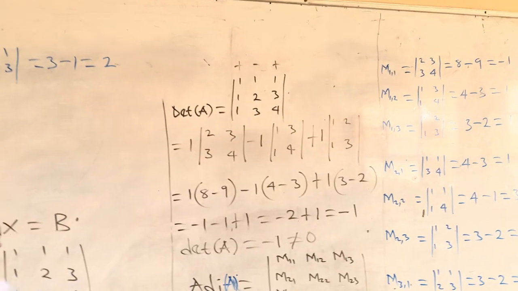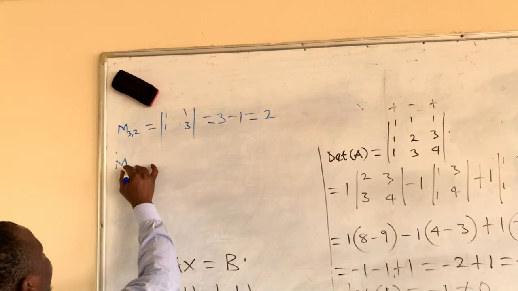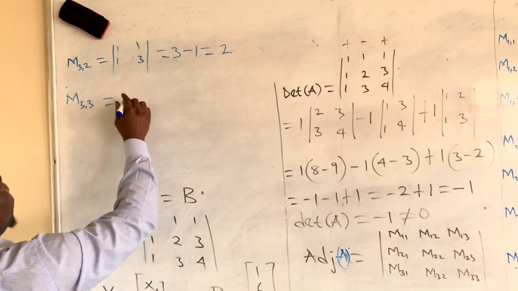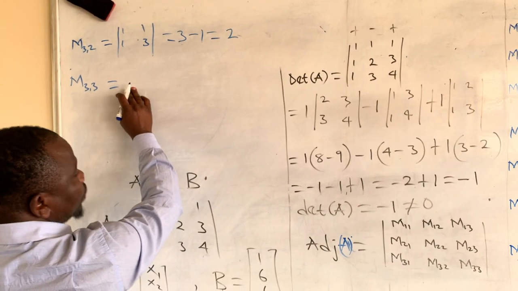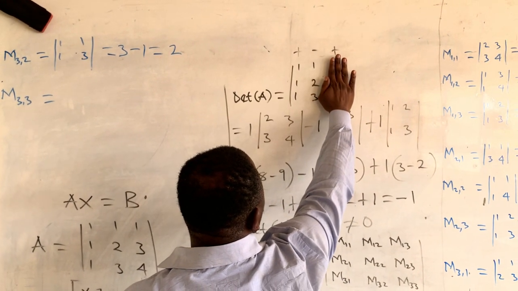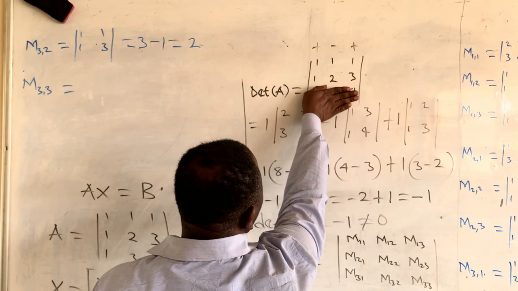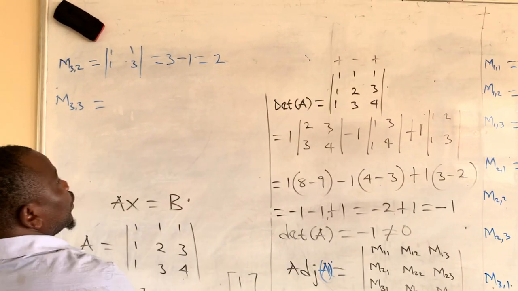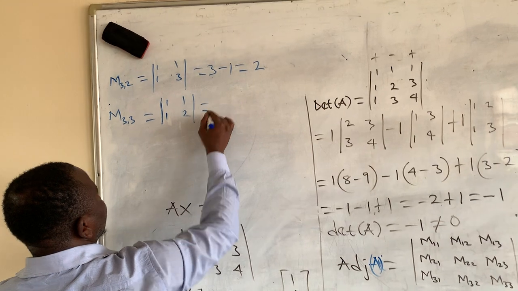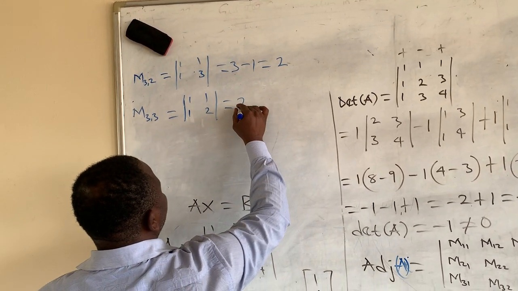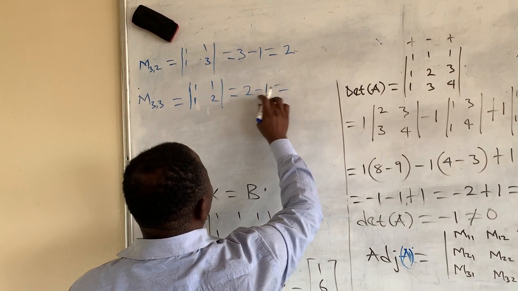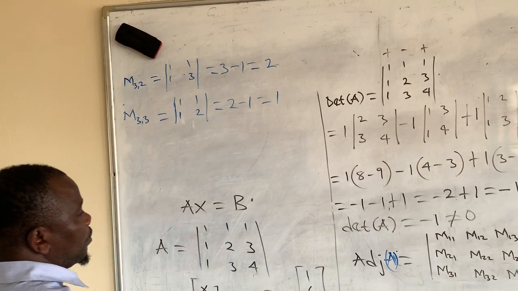Then the last but not the least here, M3,3, which is this. Okay, let's come back to the matrix. This covers this, then it will cover this. Then we are saying 1, 1, 1, 2. Then this is equal to 2 times 1, which is 2, minus 1 times 1, which is 1. Then 2 minus 1 will give you 1. Amen? So now